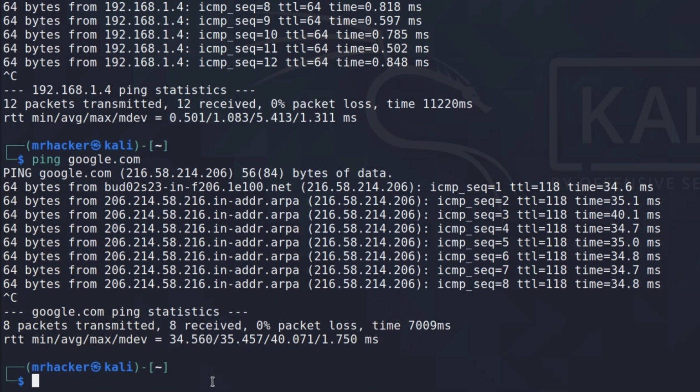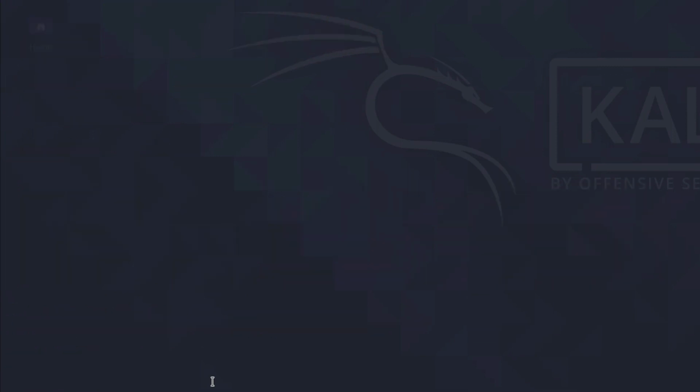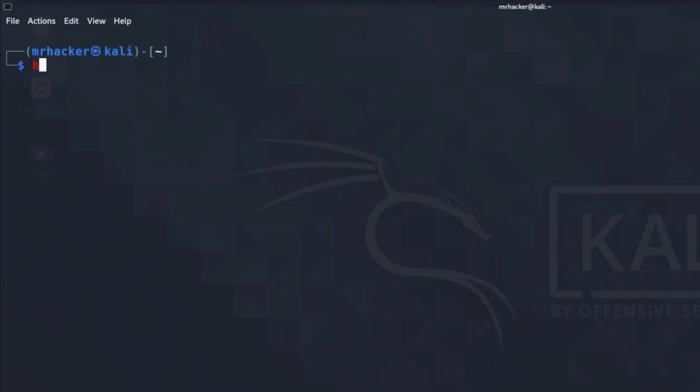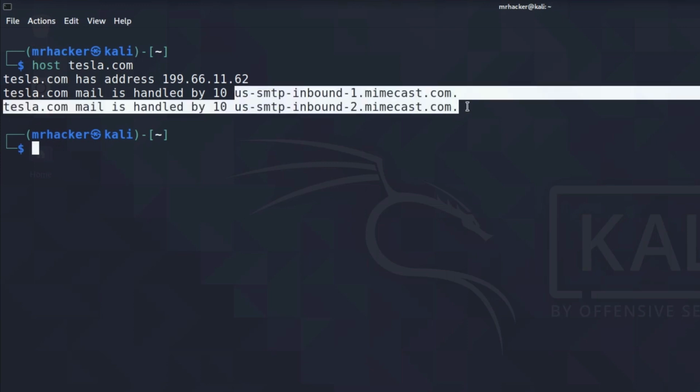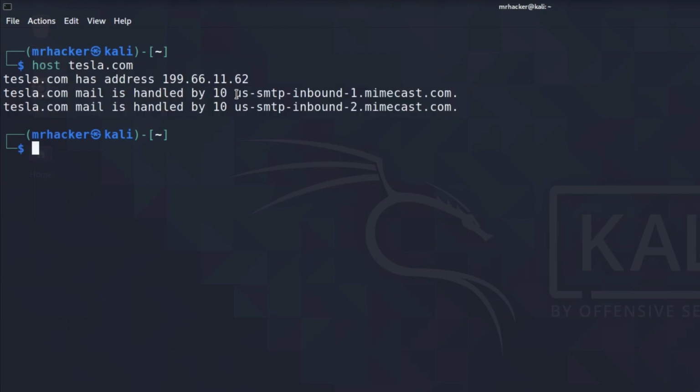Okay, now another command that you can use to determine the IP address of a website is called host. If you type host, and let's right now use, for example, Tesla, so host tesla.com, it will tell us tesla.com has an address of 199.66.11.62. It also gives us some additional information such as tesla.com mail is handled by this. Okay, so this is additional information, but we were mostly interested in this. Don't worry if you get a different IP address for these bigger websites, it's normal, because they're not hosted only